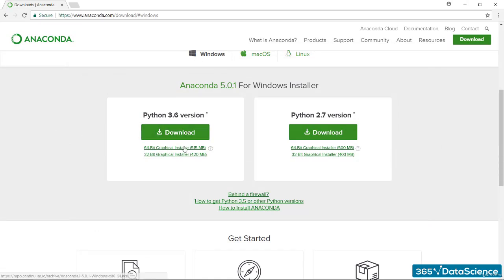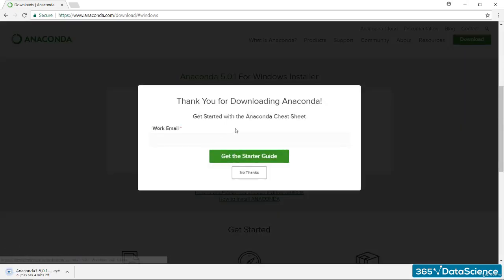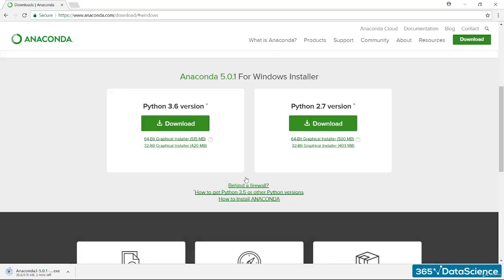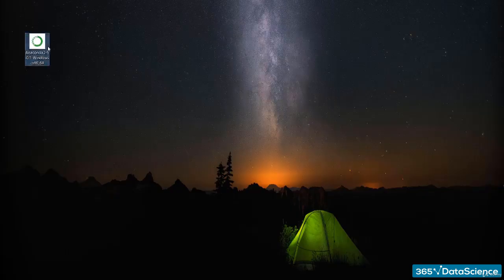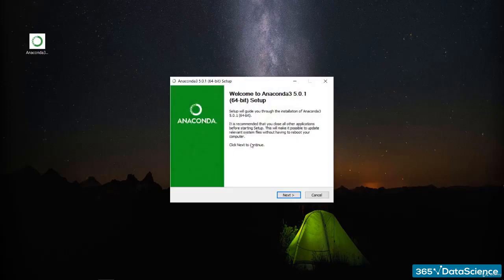While waiting to complete the download, you can decide whether to leave your email to Anaconda. This is not a necessary step, so you could also select No thanks, and you're good to go. When the download has finished, please double-click on the file to run the application. What follows is nothing different from the standard Windows installer. Agree and press Next until you have the chance to specify a destination folder.